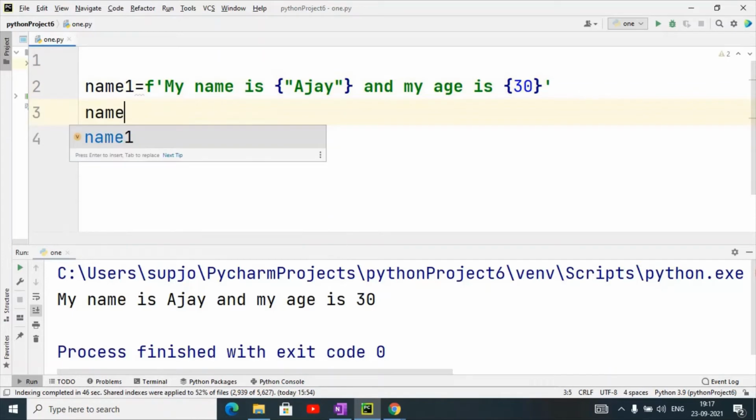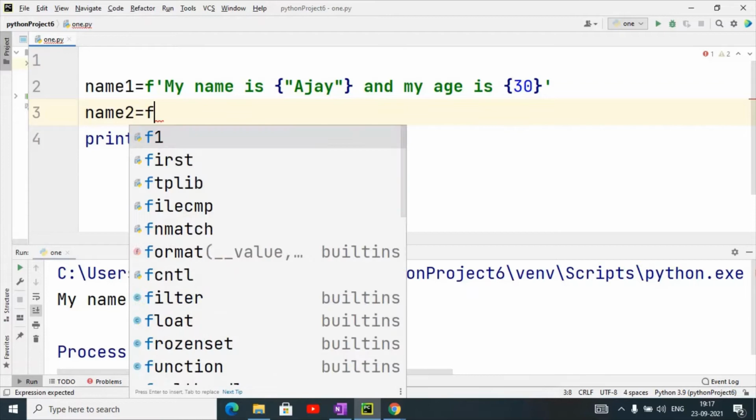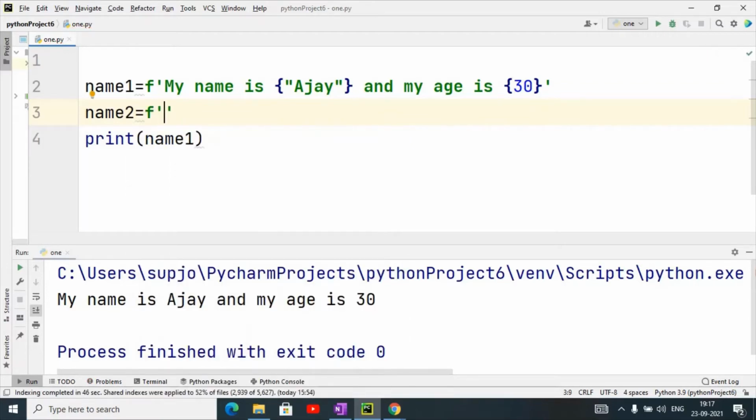Name 2, you want to take name 2 in separately or in this string? Separately, sir. So you will again use that particular string. Suppose I have taken it like this: I live in, and then I give specific curly braces, and then I will give either the name of that particular string, or I can give the direct value.